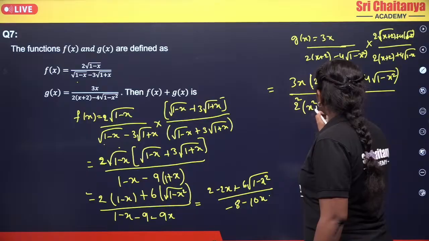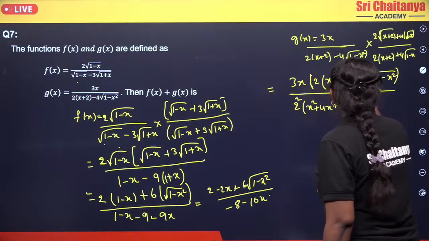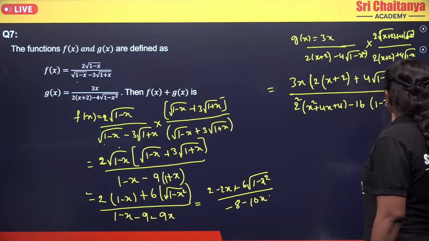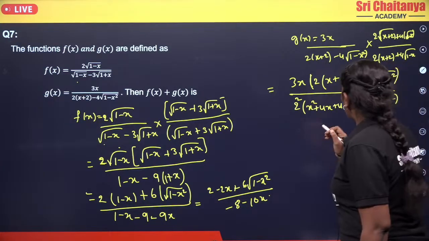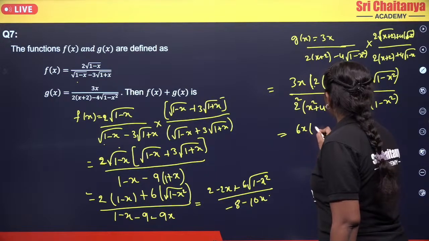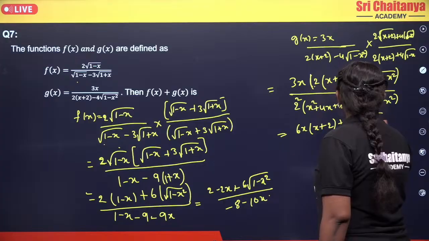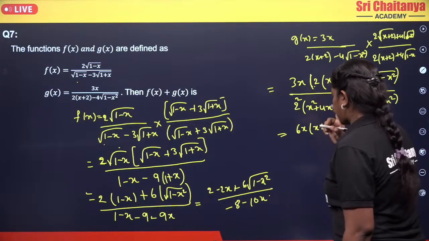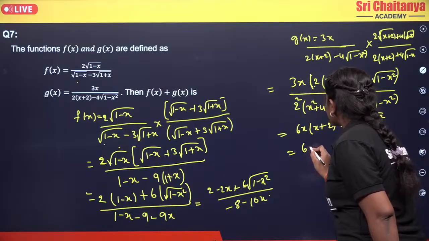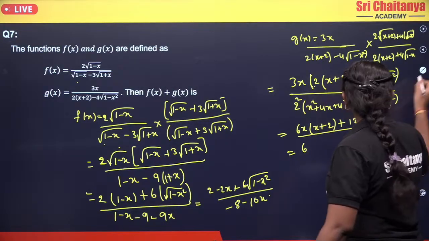So x square plus 4x plus 4 minus 16 into, so square and root will get cancelled, which is of your 1 minus x square. Okay. Now if you multiply here, it will become your 6x into x plus 2 plus 12 into root of 1 minus x square. Okay. So now coming to here, it will become your 6x square. Denominator you will be having, which is of